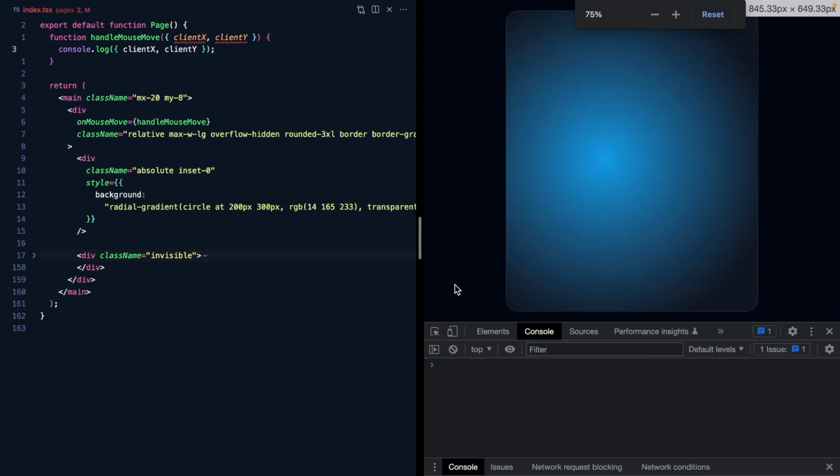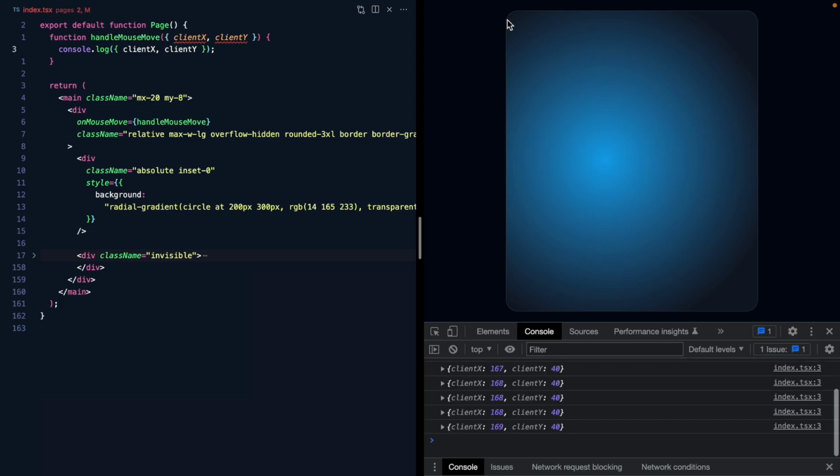And let's zoom out so we can see this whole thing. And now we can see those values updating with each mouse move event. So pretty cool, pretty easy way to get the mouse position. But if you'll recall,